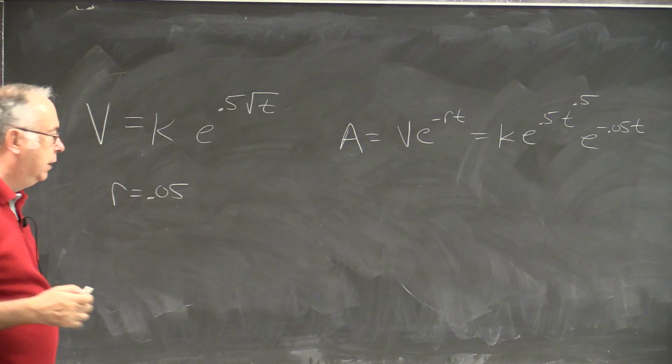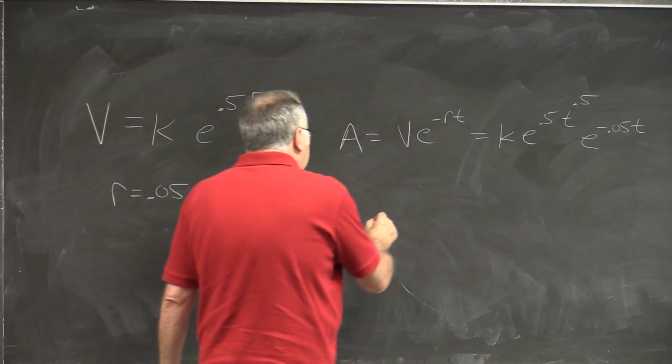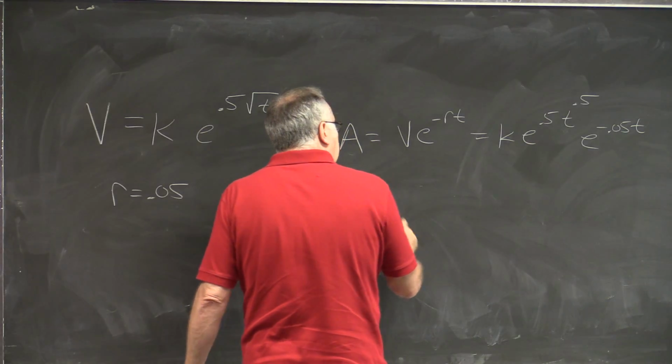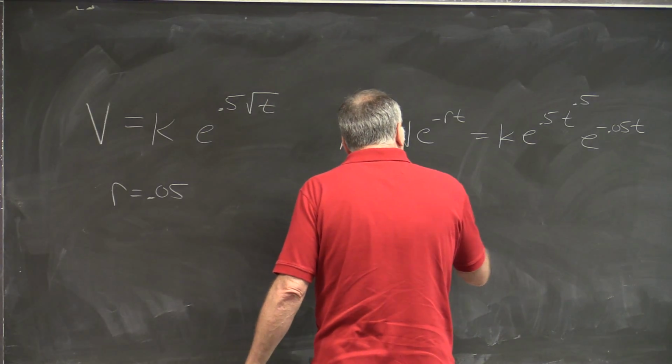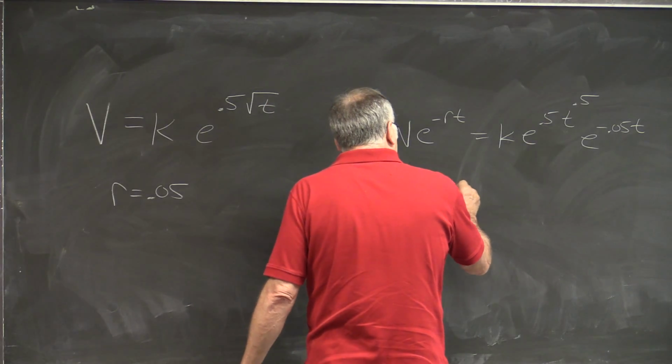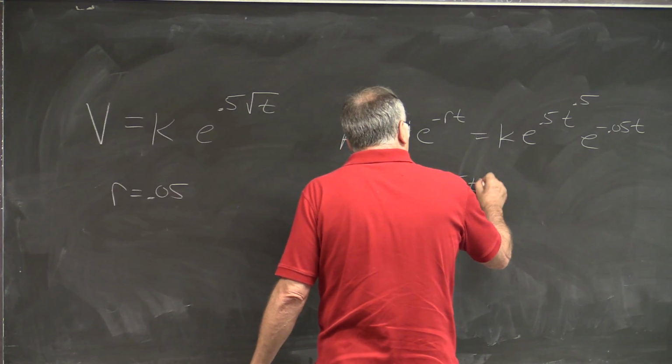This simplifies a little bit to A equals K times e to the 0.5 t to the 0.5